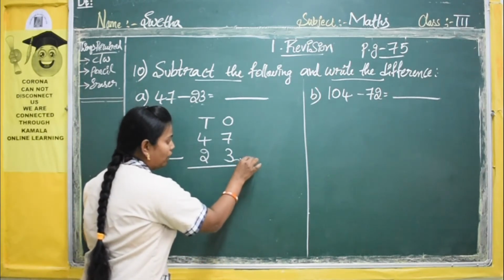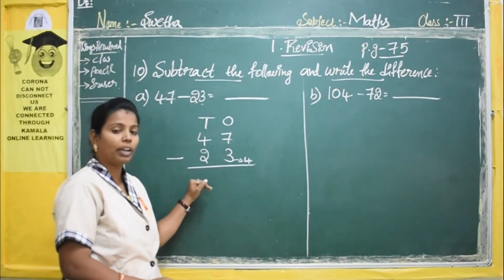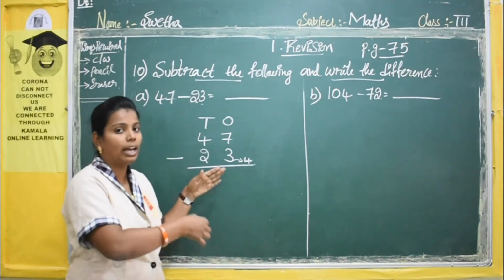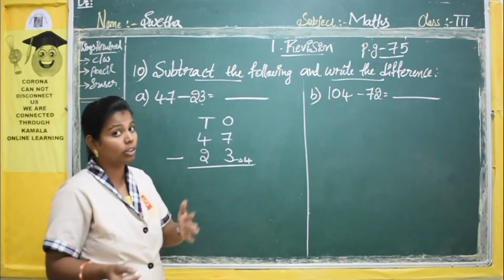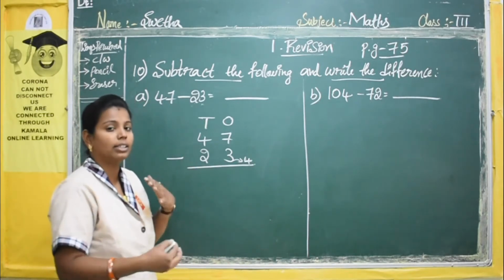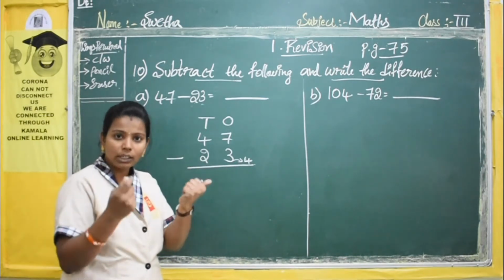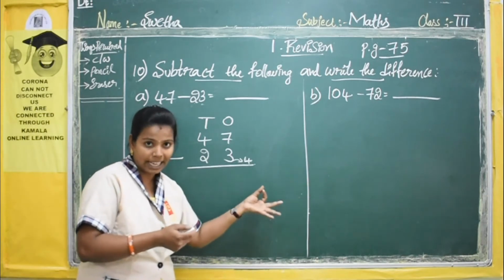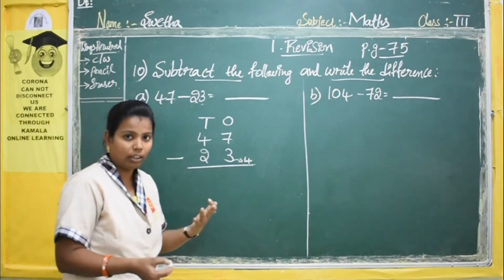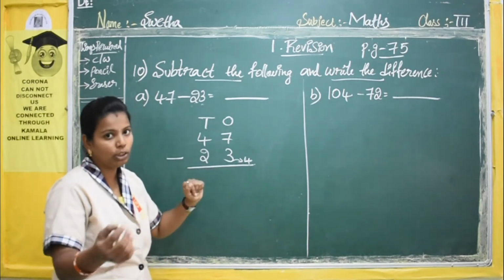I am giving you a new method of solving the problem. It will be useful for your higher classes also. As you have come from second class to third class, now you have to learn a new method which is useful for higher classes. In the previous classes you opened fingers, closed fingers, drew lines and cancelled. You have learned these methods. Now in third class and higher classes, this method will be useful. Listen.